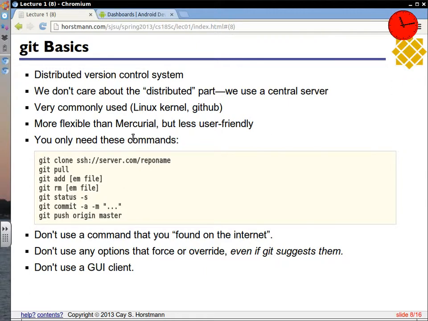The version control system that we're using is Git. Not for any particular reason. It's not the most elegant one, but it is incredibly widely used. It was actually written for the people who write the Linux kernel. There's a website called GitHub that I'm sure you've seen that has 5 million projects and counting on there.